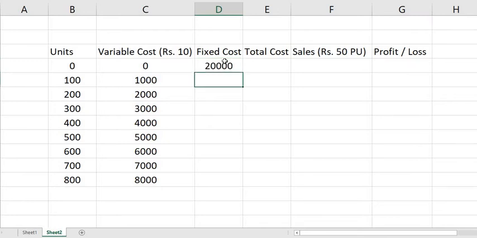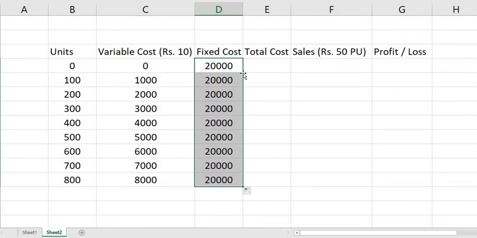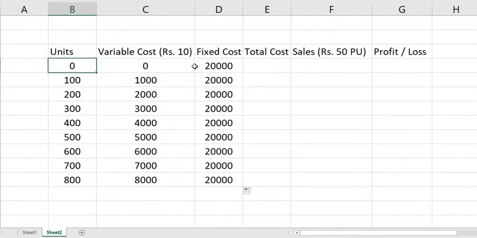So I hope you remember what fixed costs are. Fixed costs are those costs that the business will incur whether you produce something or not. When you produce 0 units, variable cost will be 0 because that is production related cost. Since there is no production, there won't be any variable cost. But the business will incur fixed cost. Examples are rent or salary for the accountants, etc. So bank interest, these are all some examples of fixed cost.